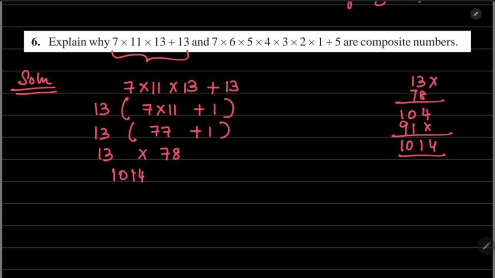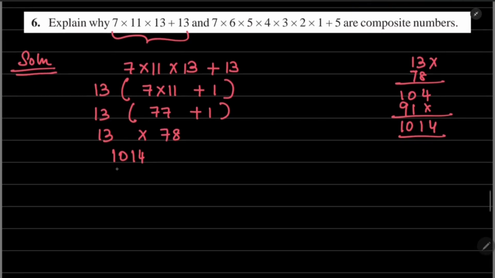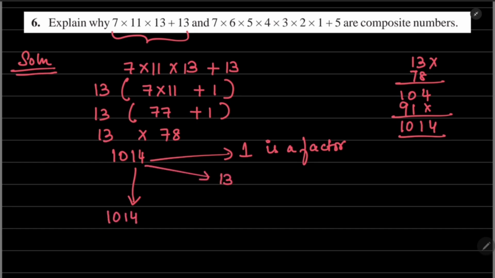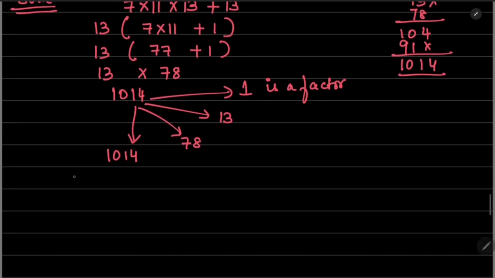And how was 1014 obtained? By multiplying 13 and 78. So for this number, one will be a factor, right? One is definitely a factor of all the numbers, and the number itself, 1014, is also a factor. Then you can see 13 is a factor because 13 multiplied by 78 is 1014. 13 is a factor, and 78 is a factor, isn't it? So clearly you can see there are already 4 factors. There are more than 2 factors. So you have to write clearly,